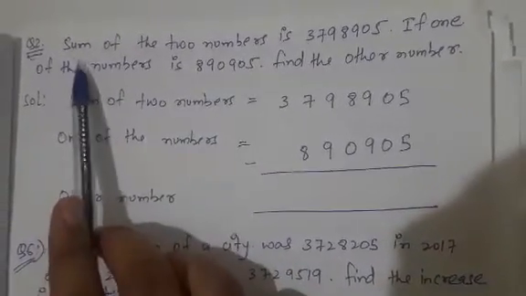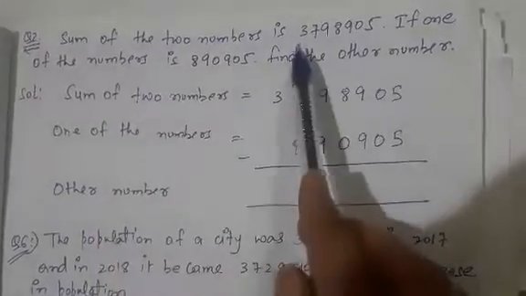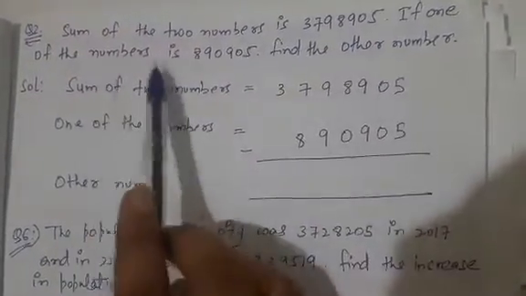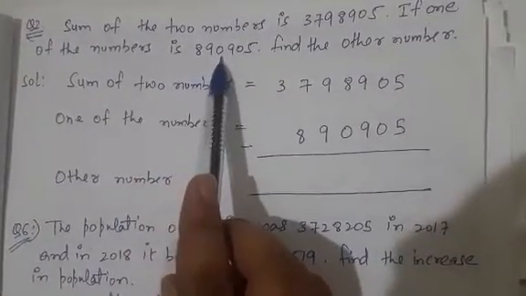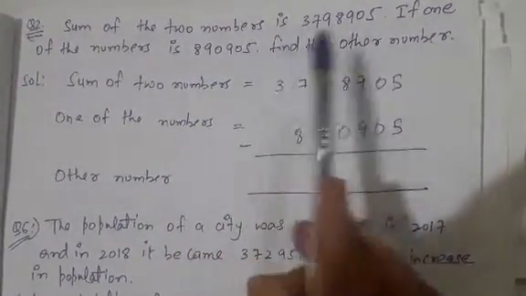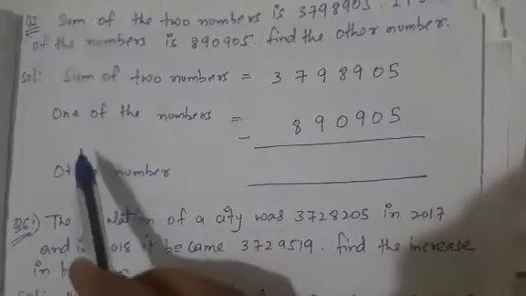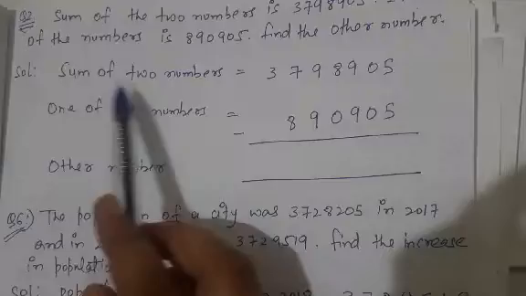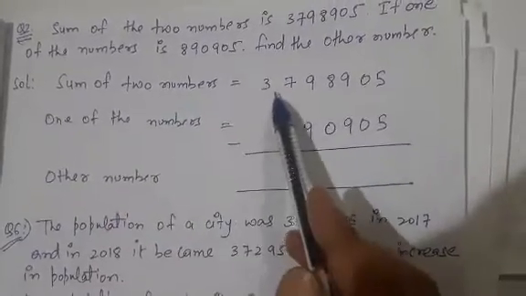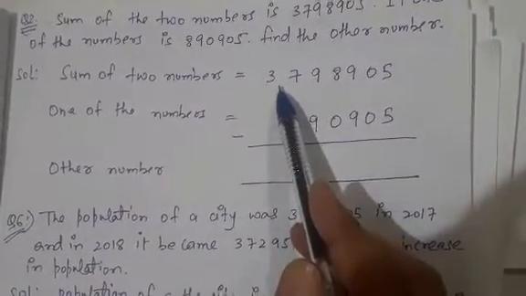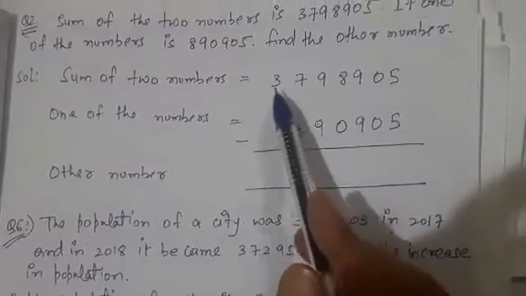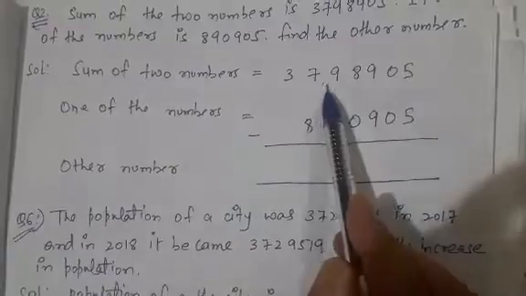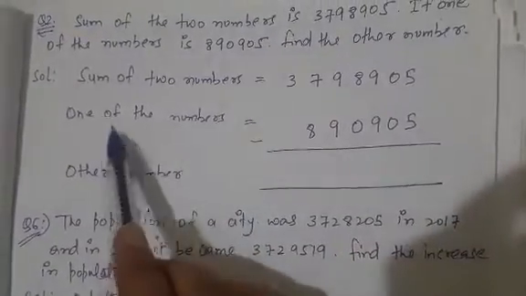Now students, we will move on to question number 2. What is question number 2? Sum of the two numbers is 3798905. If one of the numbers is 890905, find the other number. So students, here we have to find the other number. We will subtract the one number from the sum of the two numbers. Sum of the two numbers is 3798905. One of the numbers is